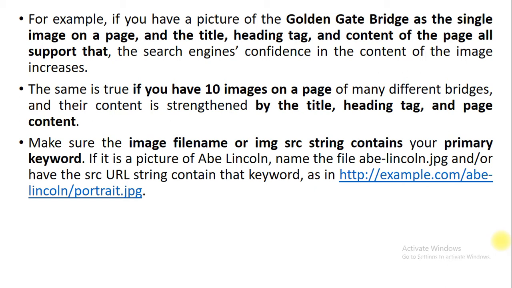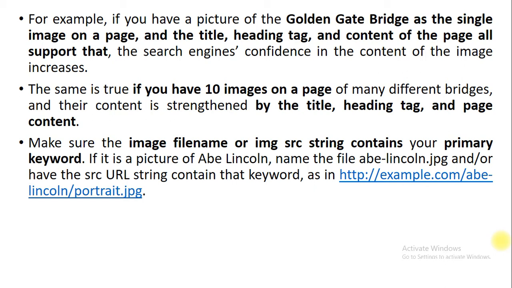Here we have taken three different points which are based on the image. Generally, for a Golden Gate Bridge as a single image on your page, you just need to give the related title, a relevant heading tag, and you can give the name of this particular image in the content area, which will create confidence in the mind of the customer, as well as a positive impact on the crawler and the search engine.